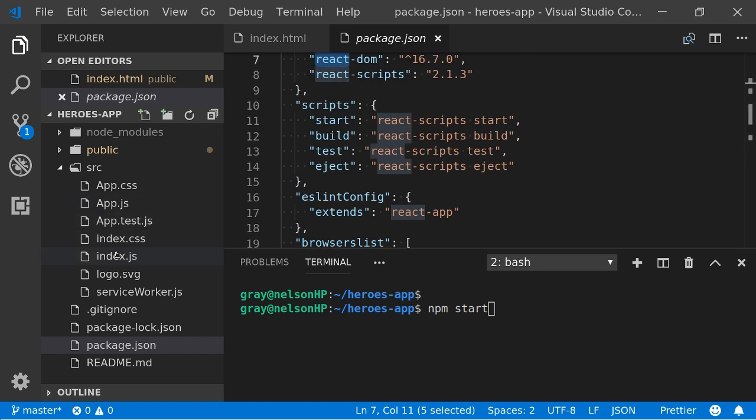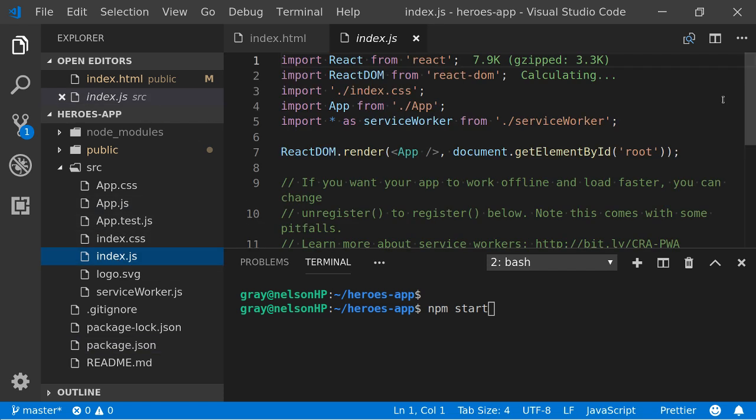What else can we have a look at while we're waiting? We've got our index.js file, and this is essentially rendering our whole application. There's that root that we saw earlier. It's inserting all of our app code into that HTML file with the ID of root. Everything we write is going to be put in there by the magic of how it's all set up already. You don't really need to worry about any of that, but I'm just showing you because we've got a bit of time to kill.